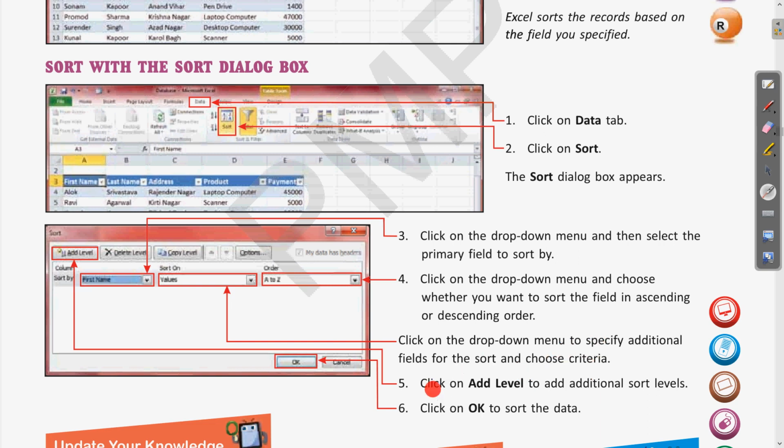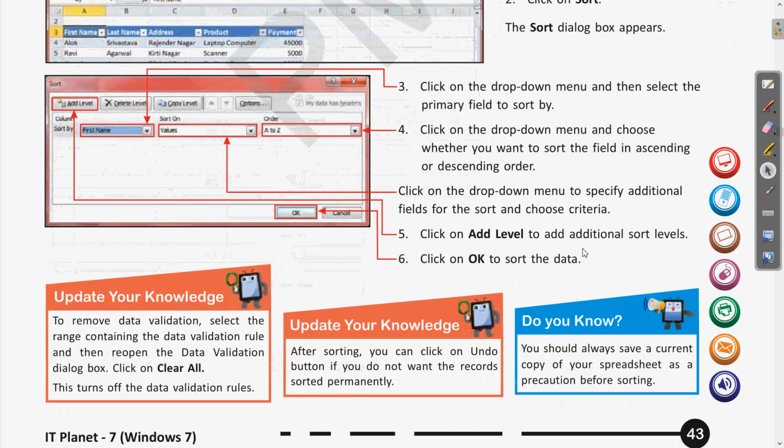Then click on the add level to add additional sort level. Here we have the add level option. Then click on the OK to sort the data. Clear? So this was the step.